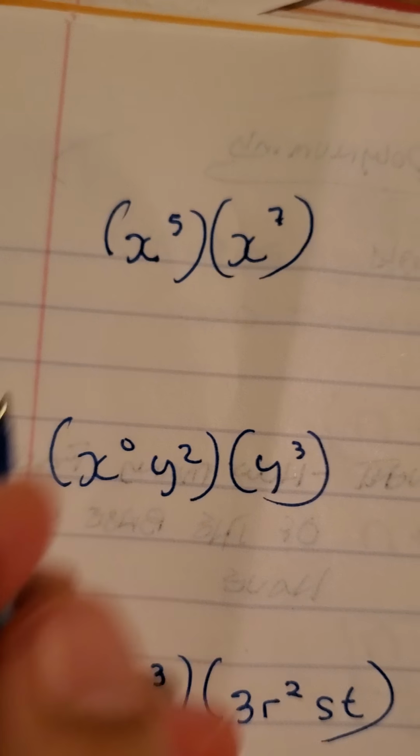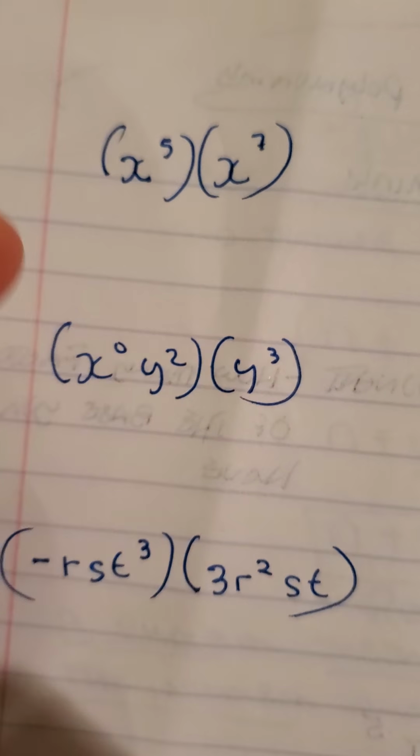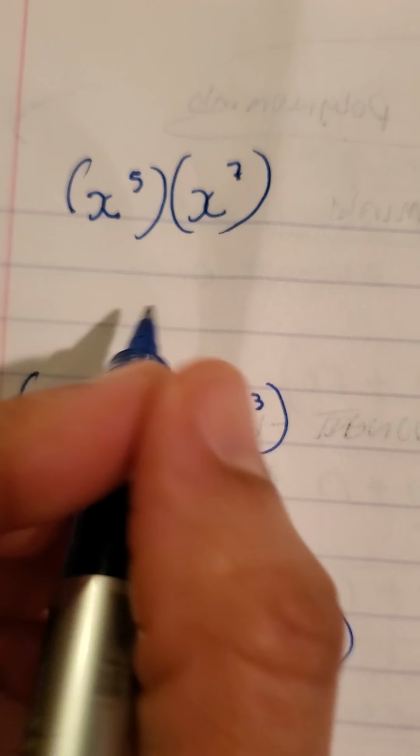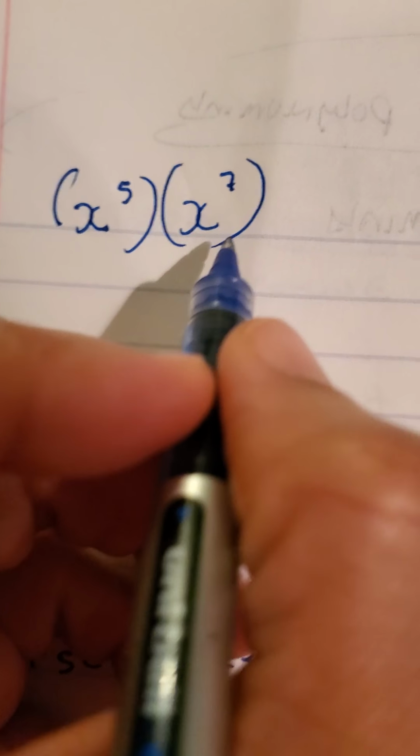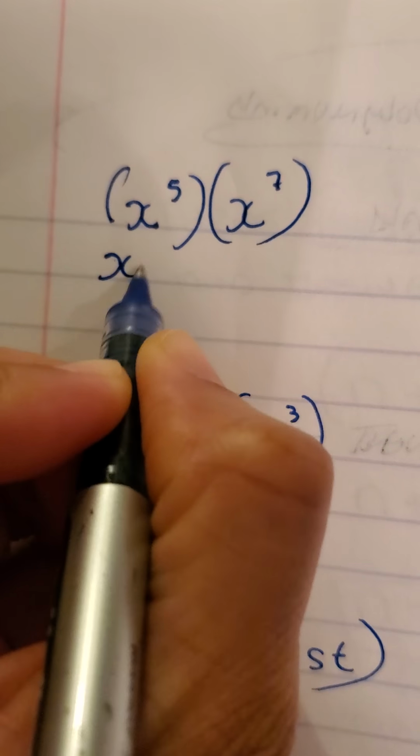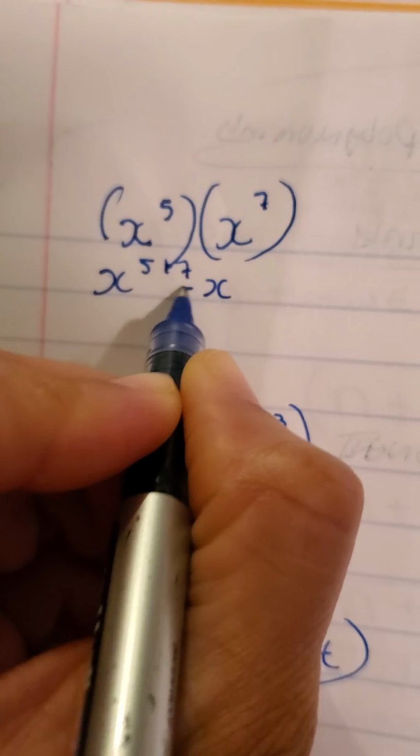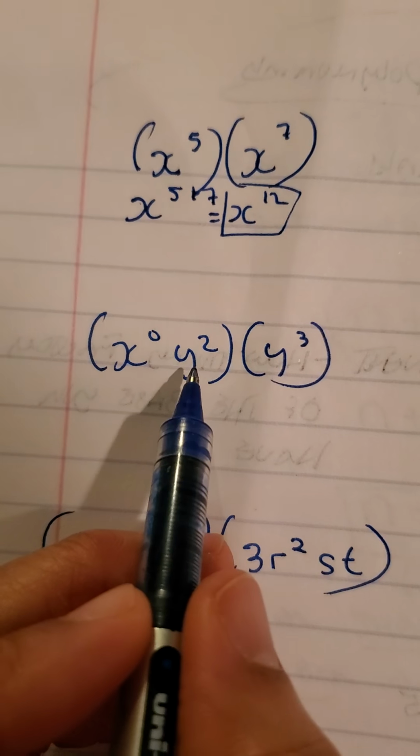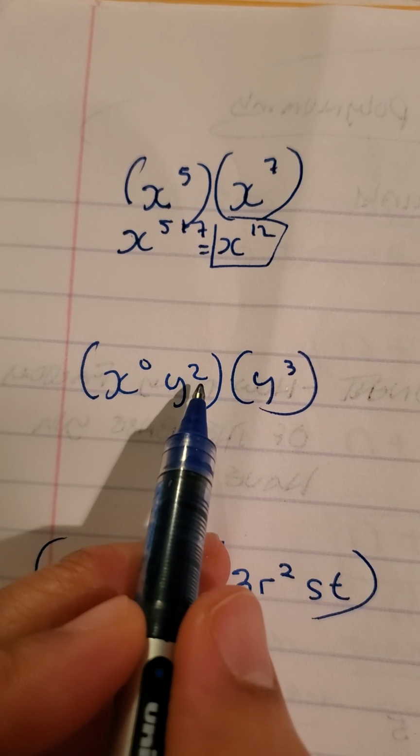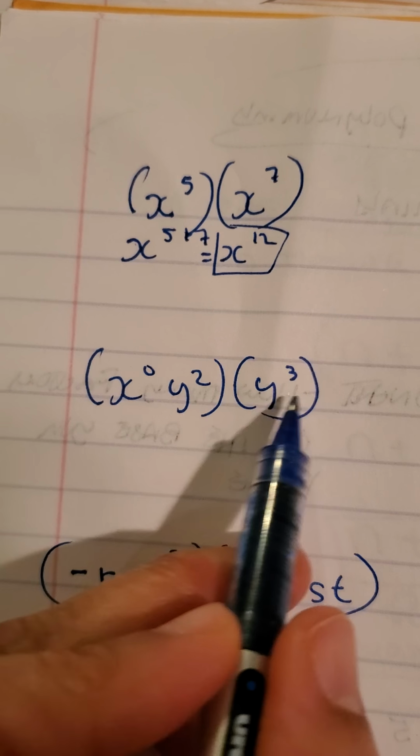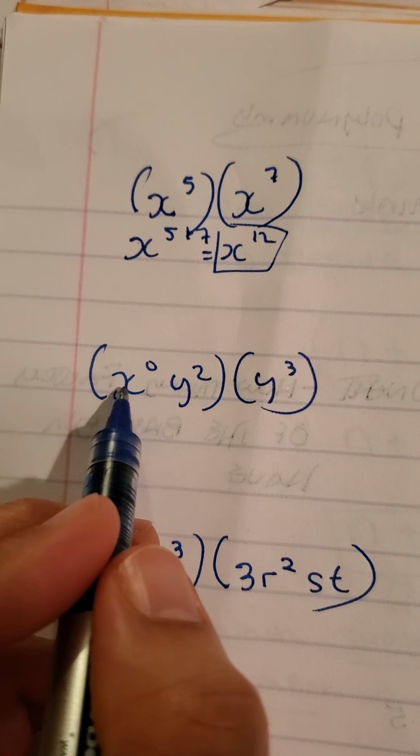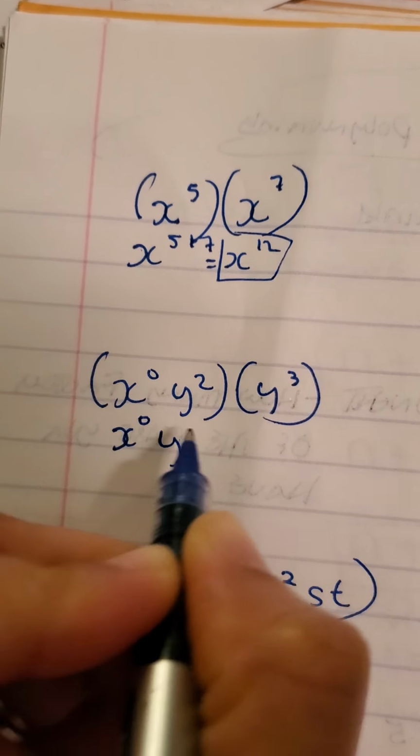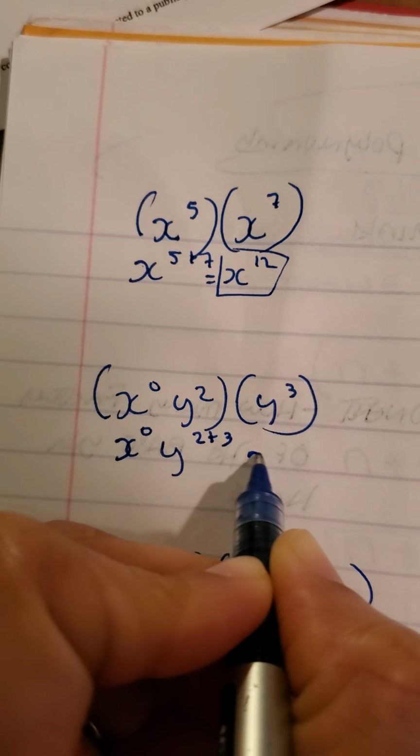Remember, these rules apply to factors only. There are no sums here where those rules are being applied. There are no terms. So here we have x to the 5th times x to the 7th power. So that is x to the 5 plus 7, which is x to the 12th power. Here we have x to the 0 times y squared and y cubed. So this is x to the 0, and that's y to the 2 plus 3,